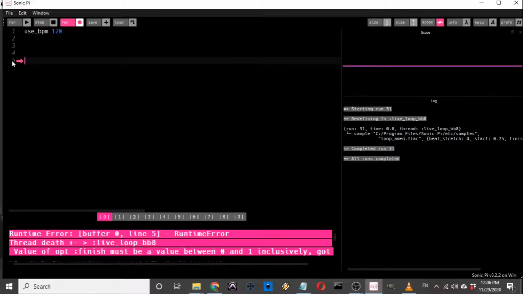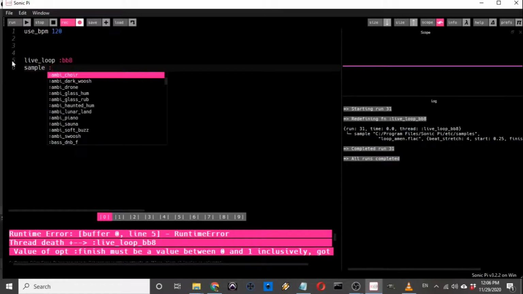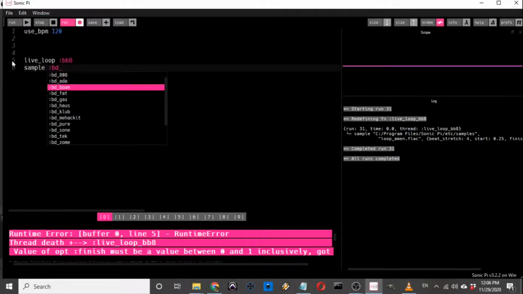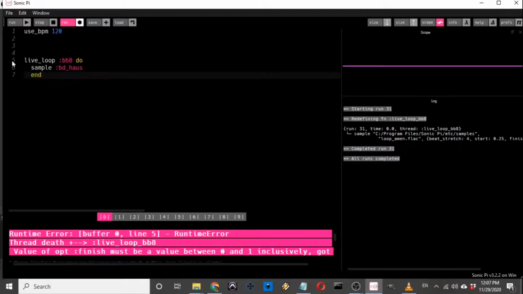Now the last type of syntax error I want to show you is kind of a syntax error but not really, because for the program to function you need to do this. It's this thing about sleep time. Let's do BD house again because I prefer BD house. I can hardly hear the 808 honestly. Let's say I do end but no sleep time.